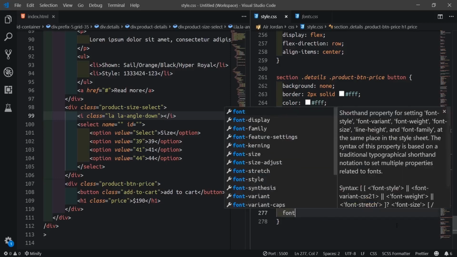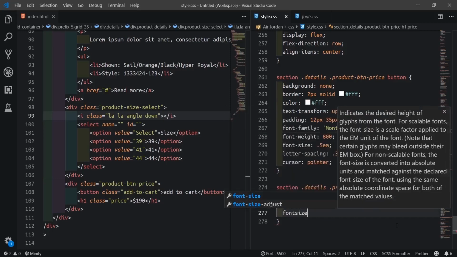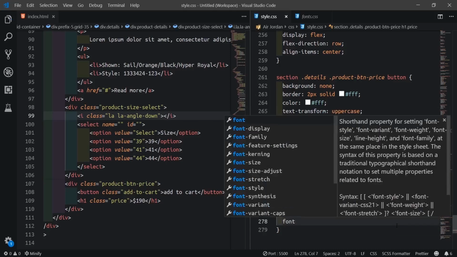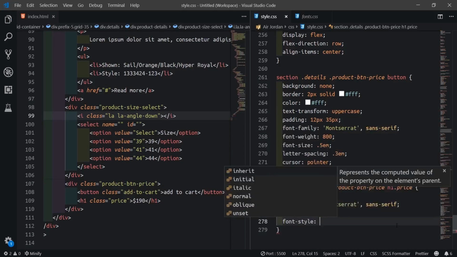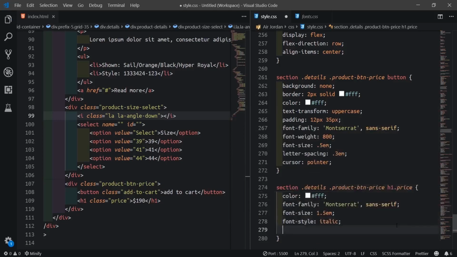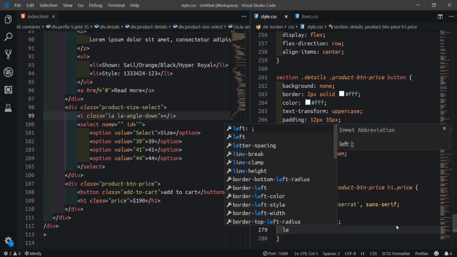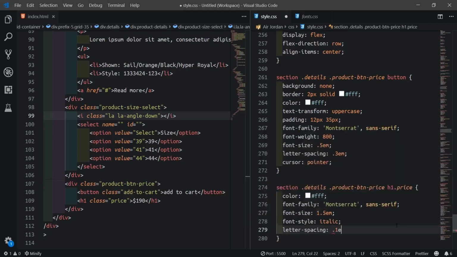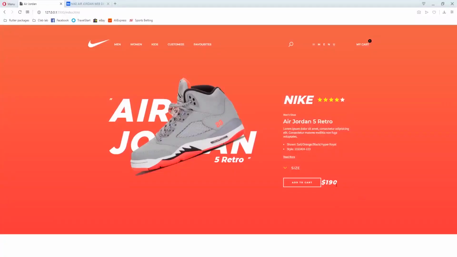Then font size 1.5 em. Font style italic, then letter spacing 0.1 em.